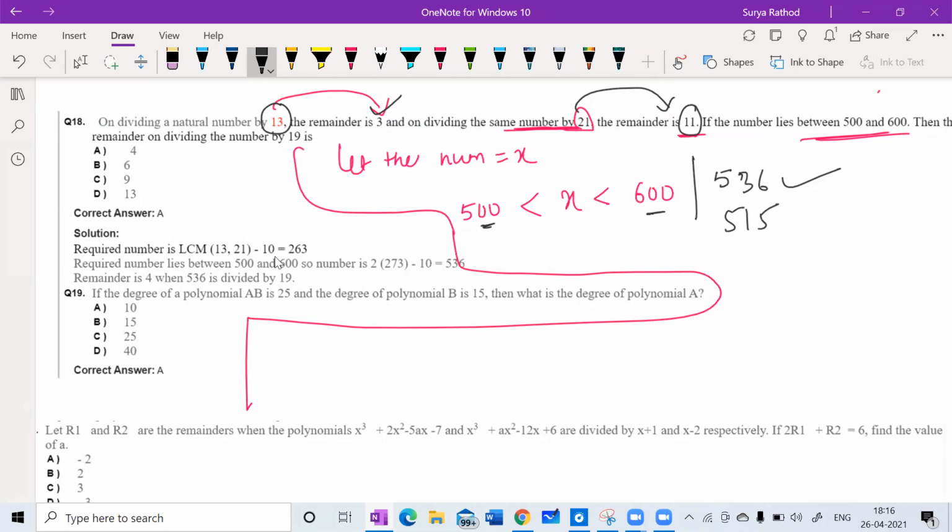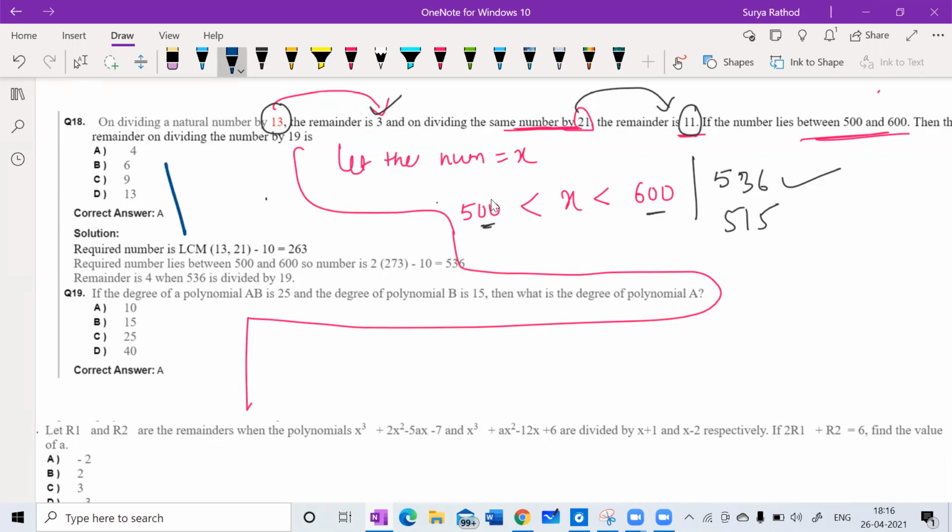Sir, don't we have a particular technique to find out the answer instead of going with trial and error method? We have. We have a technique for solving that, and we have trial and error method as well. Sir, can you please explain that technique? See here. Do you know LCM and HCF? Yes, sir, we know. We learned it in fifth grade.